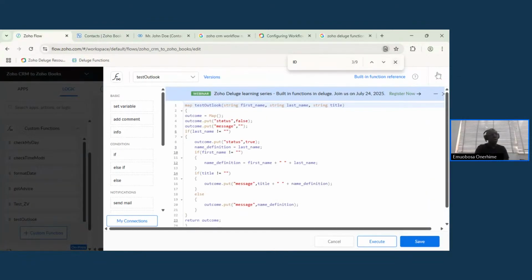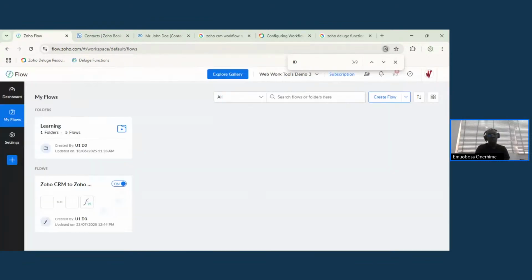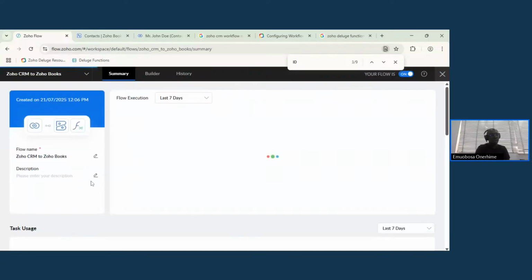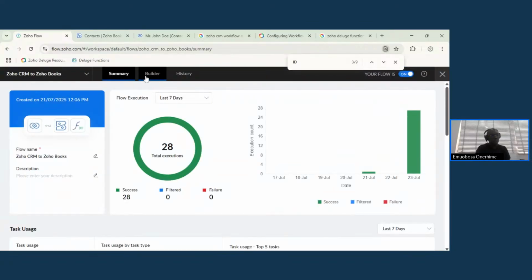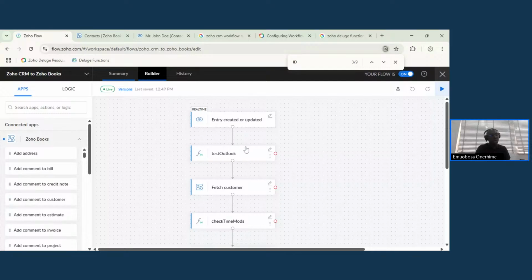The first function was really to ensure that we can get the name properly. So when you are writing code or when you are building things, you're going to be dealing with different kinds of situations. Imagine we spent this whole time, almost 2 hours, just trying to make sure the name of a person goes from Zoho CRM to Zoho Books. So the next time a customer contacts you to do an integration for them, tell them that integrations cost more